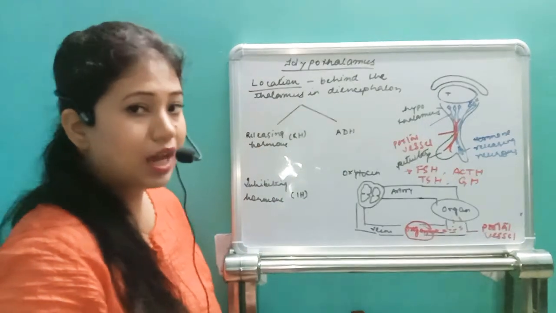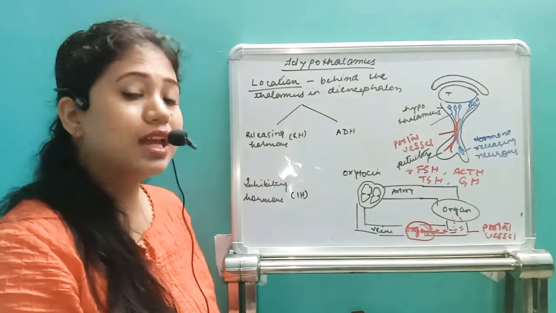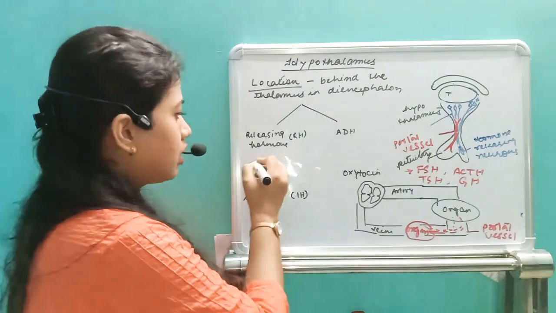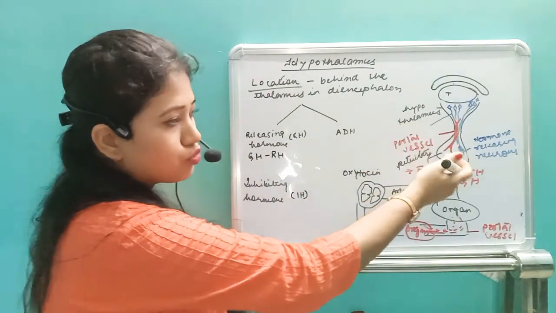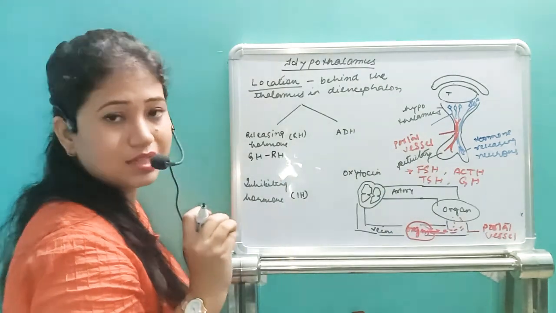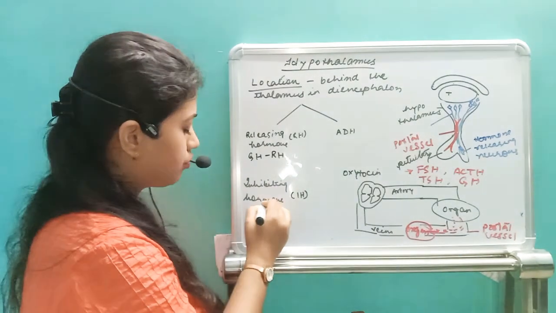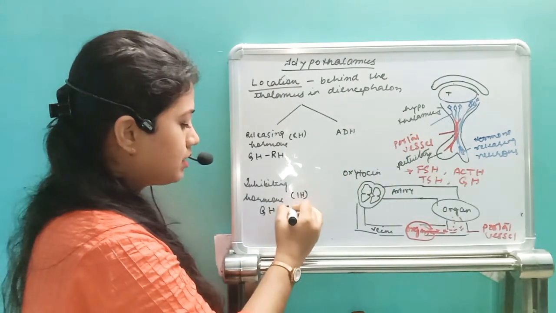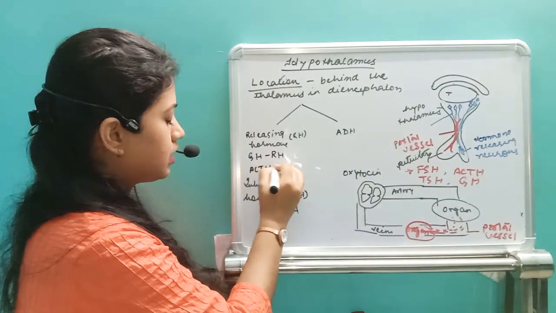Now what will happen is that the pituitary gland releases the GH hormone, but to stimulate the cells that release the growth hormone, the hypothalamus needs to stimulate it. So the hypothalamus will release GHRH, which goes to the portal vessel and then stimulates the pituitary gland. Then the pituitary gland will release GH. Now suppose the GH hormone needs to stop being released. Then the hypothalamus, via this portal vessel, will release GHIH.